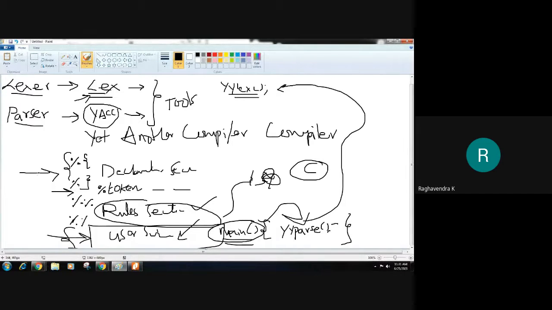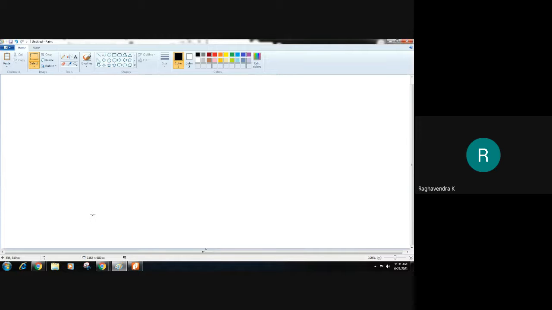Now let us concentrate on our rule section, because just like lex, the rule section is the core or main part of the yacc program. When it comes to specification of the rules, just like how lex requires regular expressions to do its job, yacc requires grammar.